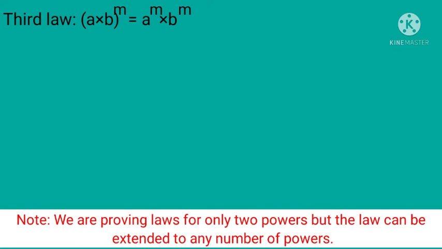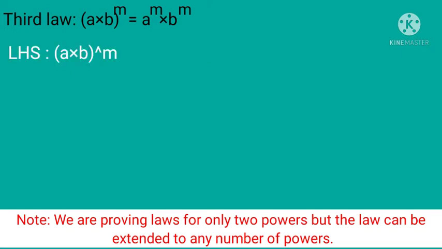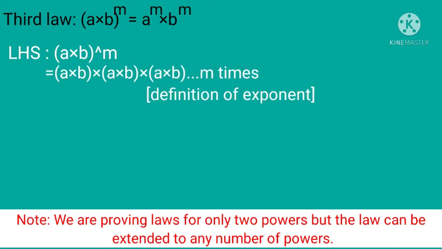Third law of exponents: a multiplied by b to the power m equals a to the power m multiplied by b to the power m. This is known as the power of a product rule, and it states that the power distributes over the components of the product. For proof, in LHS, we have a multiplied by b to the power m, which we can write as